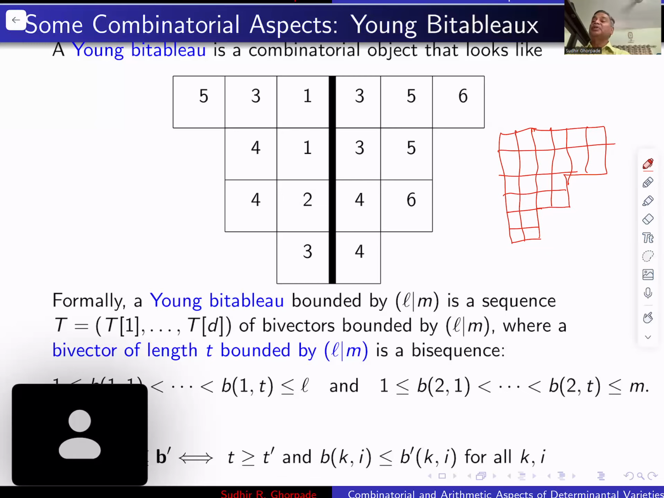So this is one side, and say this is another side. Okay, so that's how it looks, and we will require that the numbers are filled here in such a way that